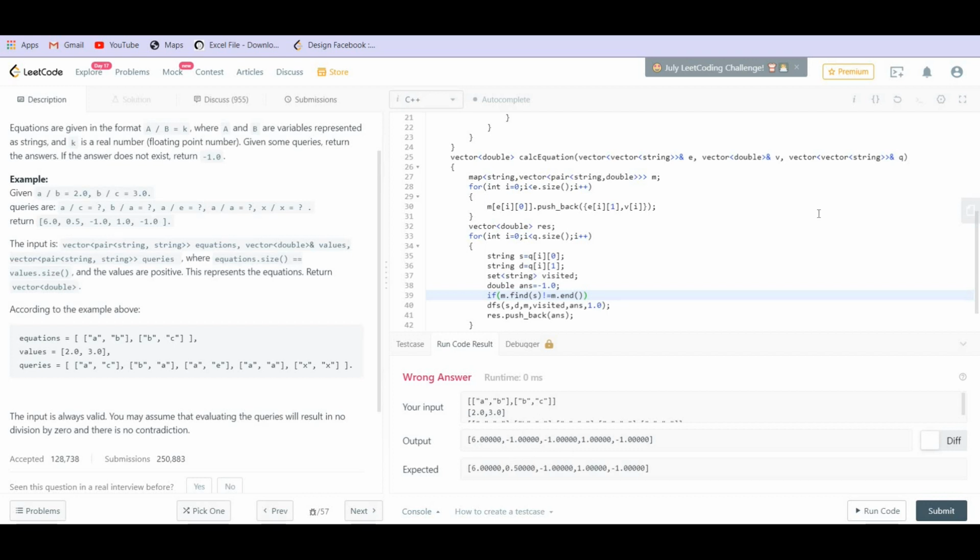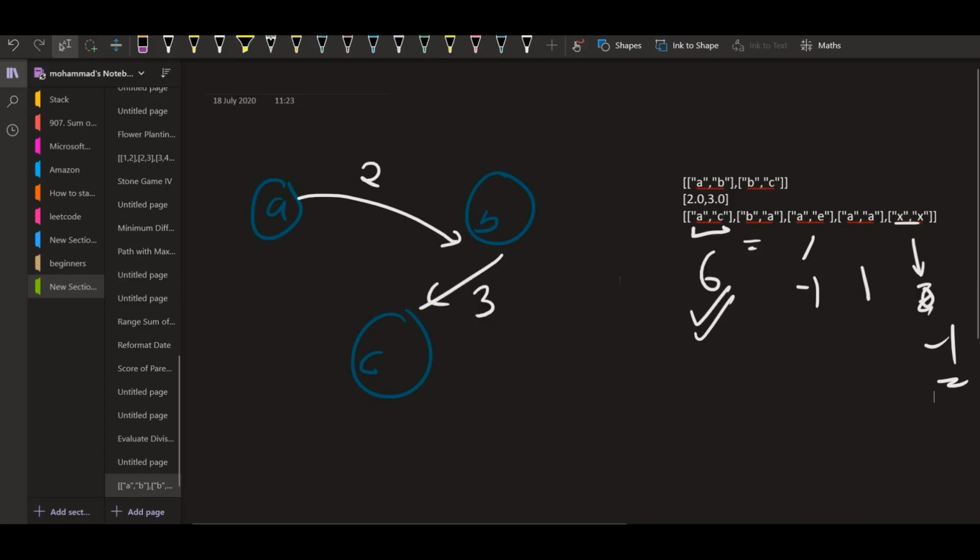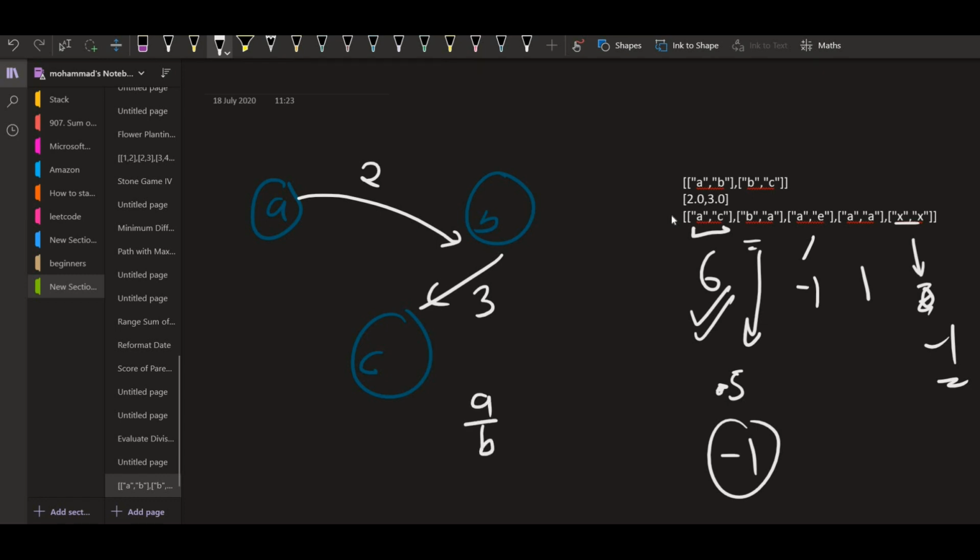Now we are left with the case number 2. In case 2, the answer should have been 0.5, but the answer is -1 in our case because there's no path from B to A. But if a relation is of division type, so if A divided by B is given, B divided by A could be obtained.